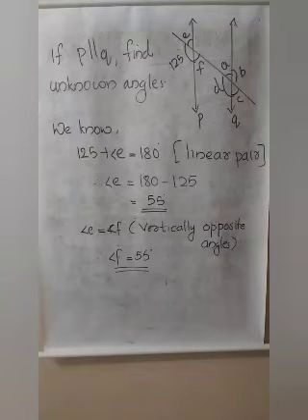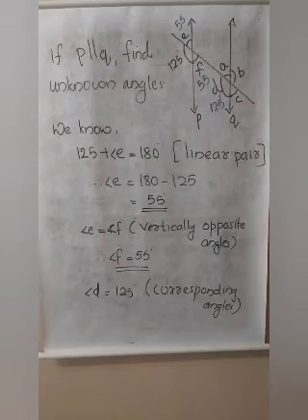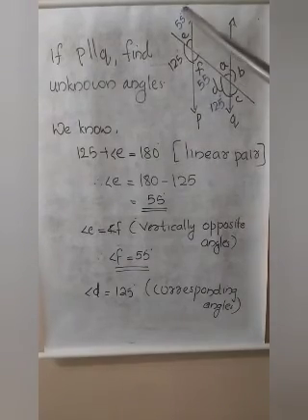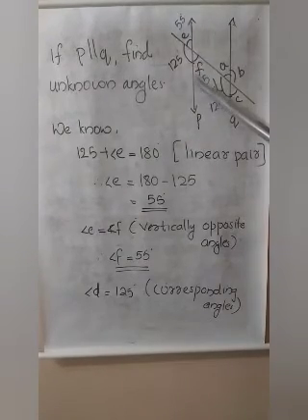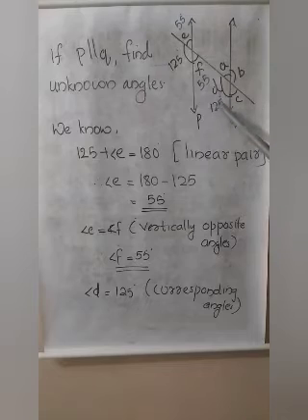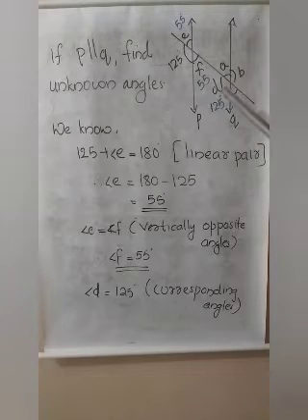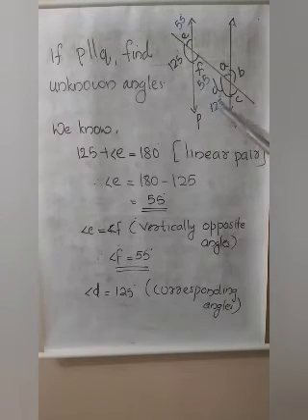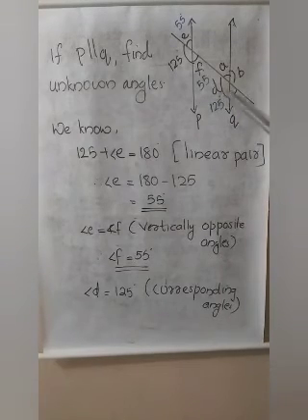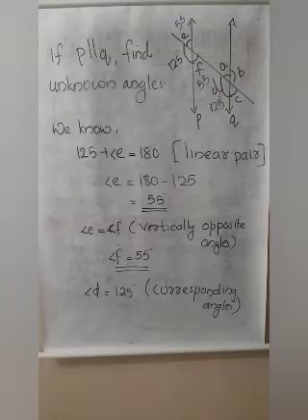So each pair of corresponding angles are equal means what is the value of D? 125 degree. Now observe the figure. You got E equal to 55 degree, F also 55 degree and D 125 degree. Now how can you find the value of A, B, C? How? Here D is 125 degree. So what is D and B? What is the relation between D and B? They are vertically opposite angles, isn't it?